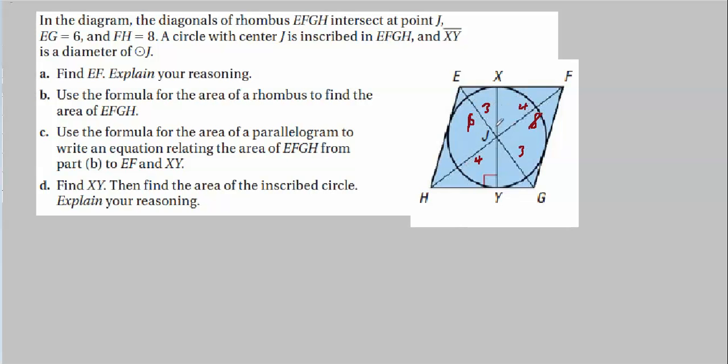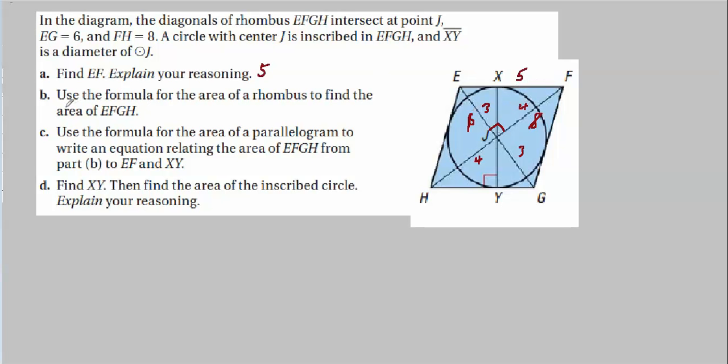Well, we also know that the diagonals of a rhombus are perpendicular bisectors. That means this is a right angle here. They ask us to find EF. Now we have two legs of a right triangle, which are 3 and 4. Now we could take 3 squared plus 4 squared and get 25, take the square root and get 5. But by now we already know that 3, 4, 5 is a standard common right triangle. So when we see 3 and 4, we can put 5 right up here for the hypotenuse, no problem. So we got 5 right here. That's EF.